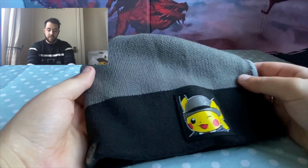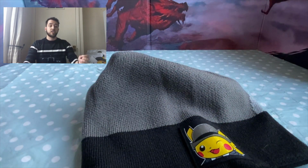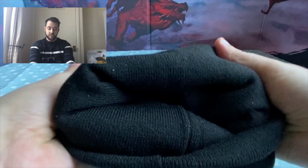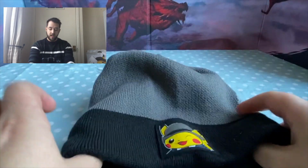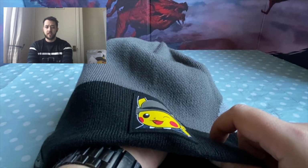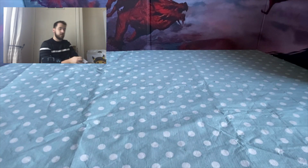You'll now see that I'm not a hat person. But I think it's a good size. It's actually really warm. It's really good quality on that one. I will definitely say that all of the items that were there, the t-shirts, the hoodies, everything like that, were very high quality. They haven't cheaped out on that sort of stuff, which is really good. This is really thick, really warm, almost like thermal wear, so you are going to be very warm in the winter with this. But yeah, so that was my first item. Next up, we have got...